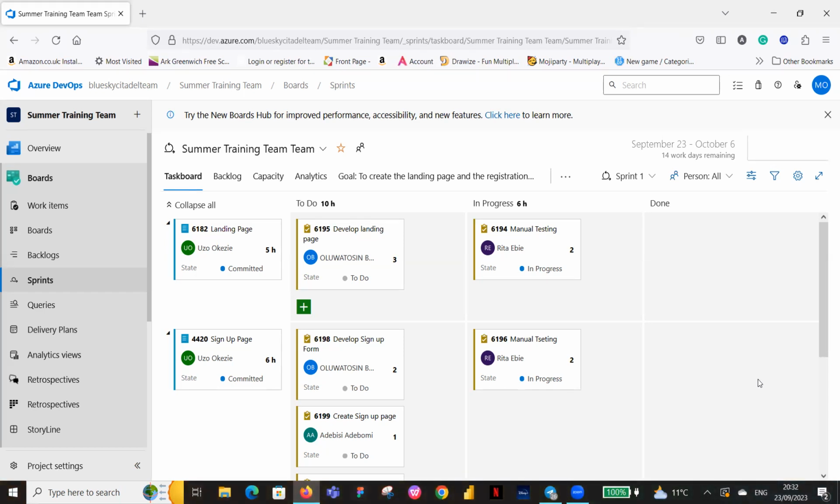So after I've done my to do, this is what I'm going to do: the landing page. I'll now create my task, which is to develop the landing page. When I'm about to start, I'll move it to in progress once I've started. And the same thing